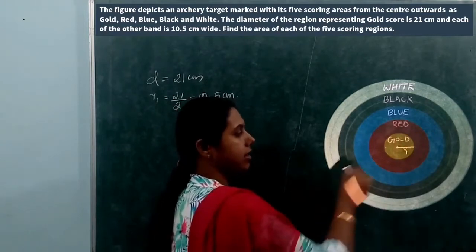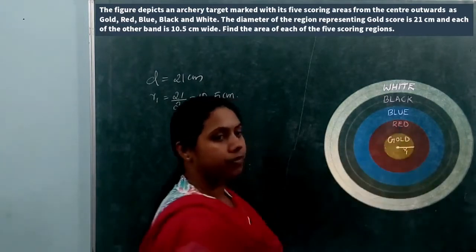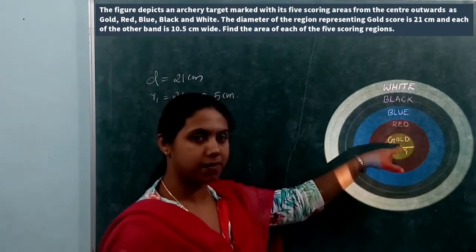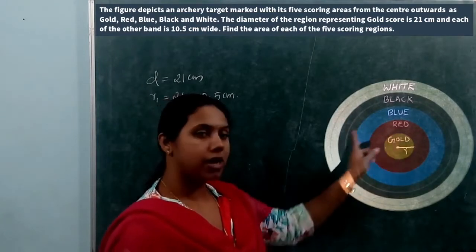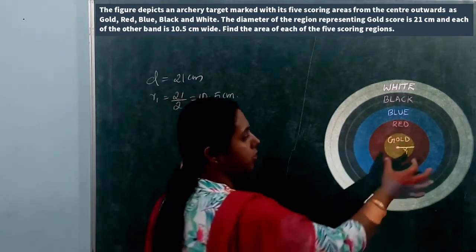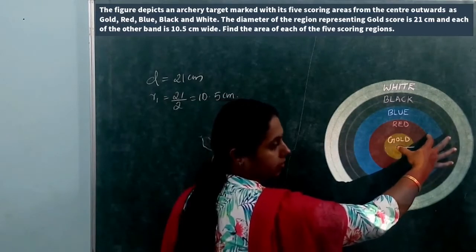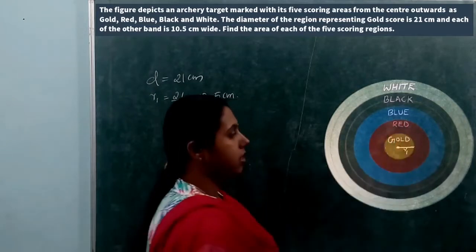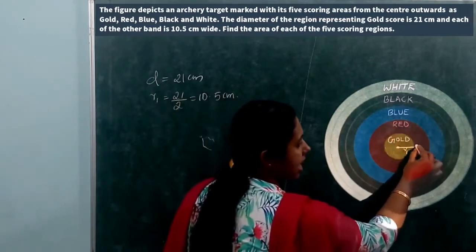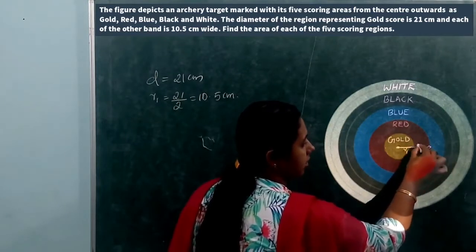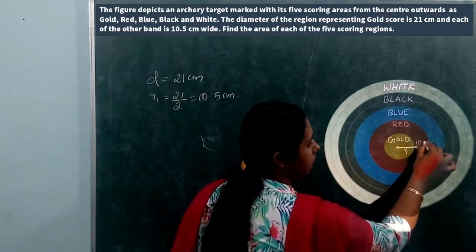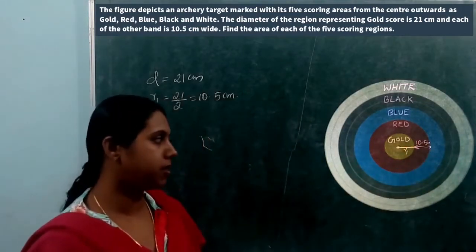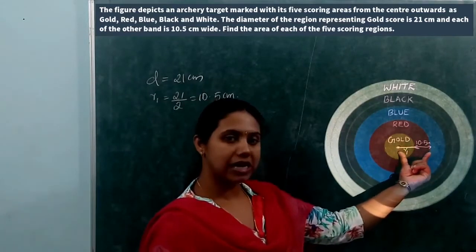This is the center of the circle. We can see that all these circles are concentric circles. All the circles have the same center. So to find the area of the concentric regions, first you have to know the radius of this region, that means the region including gold and red. We know that the width of each band is given, that is 10.5 centimeter. So the radius of the region